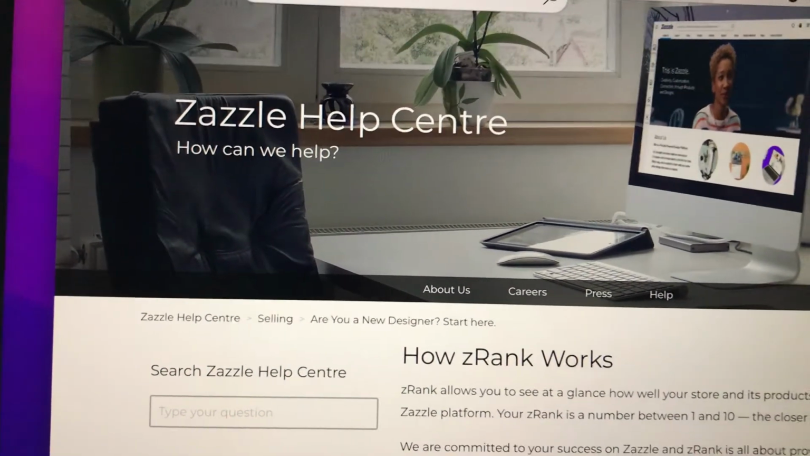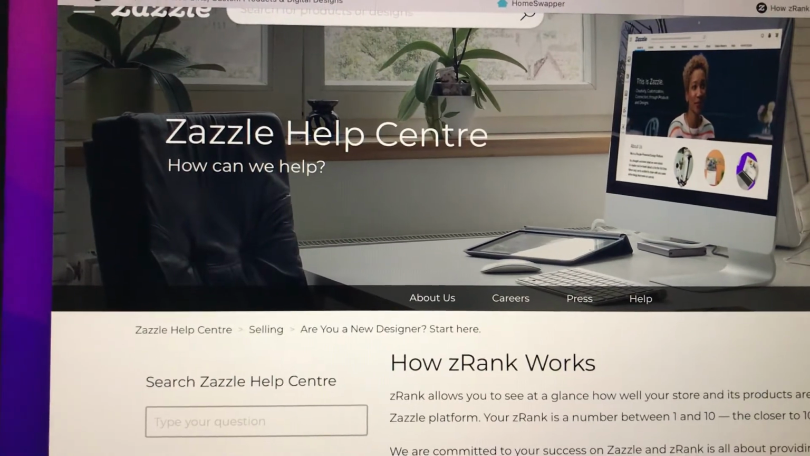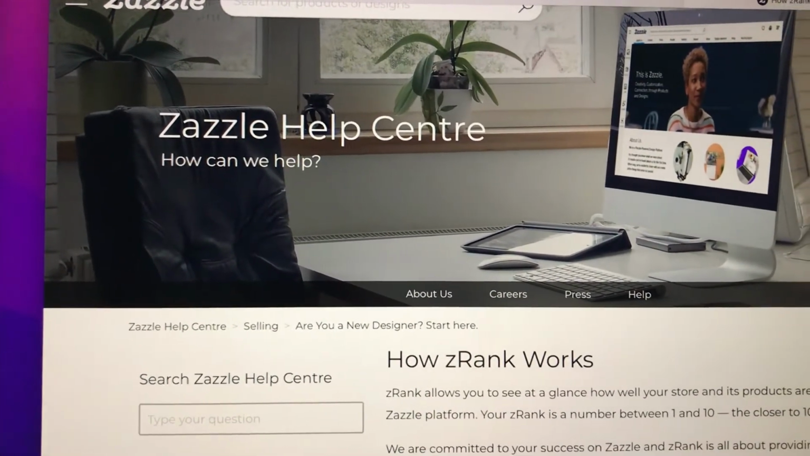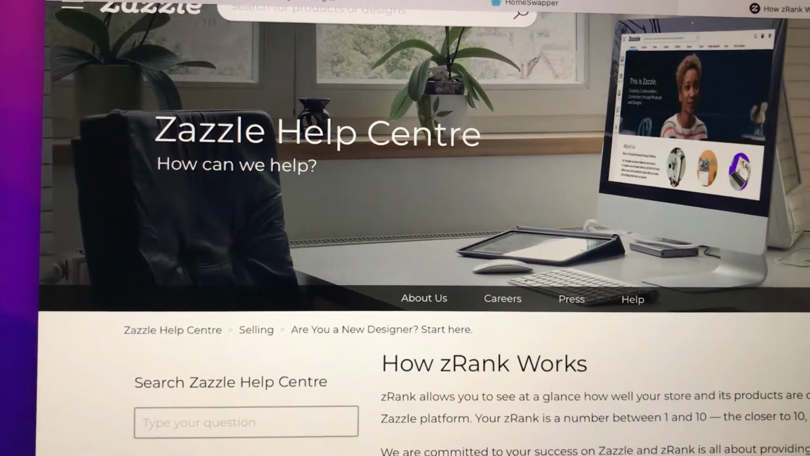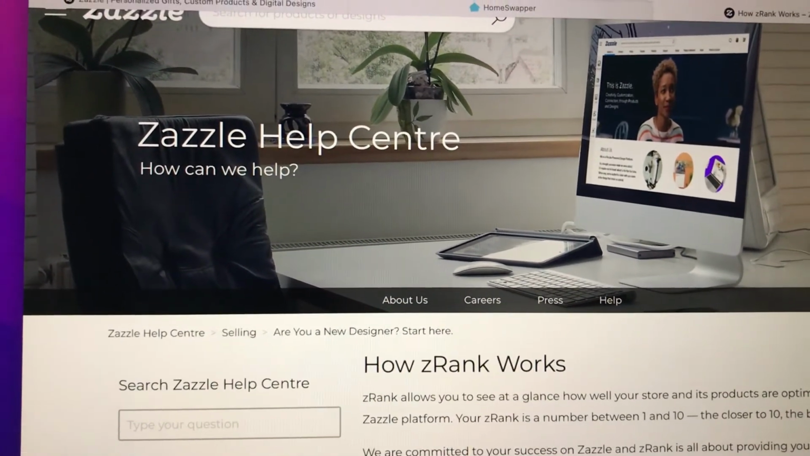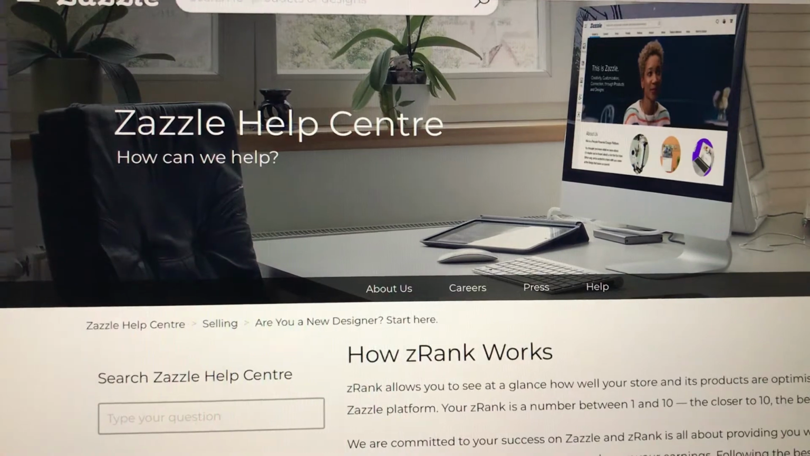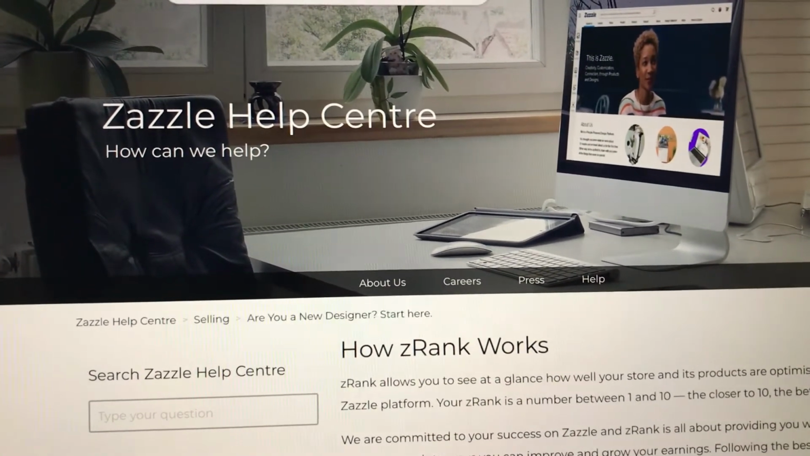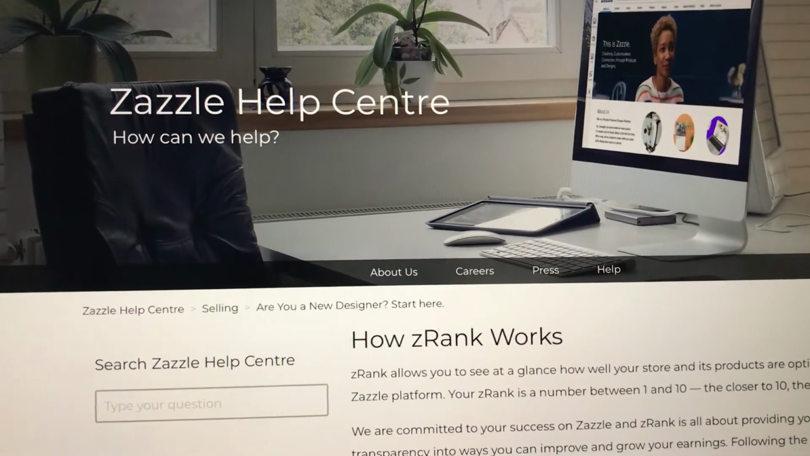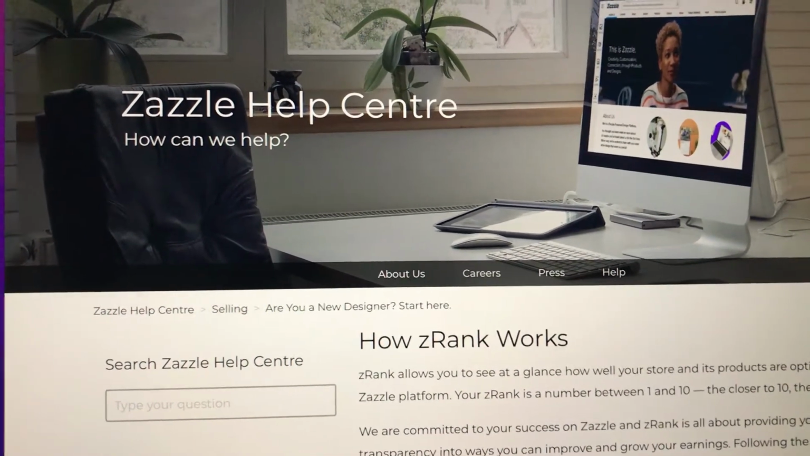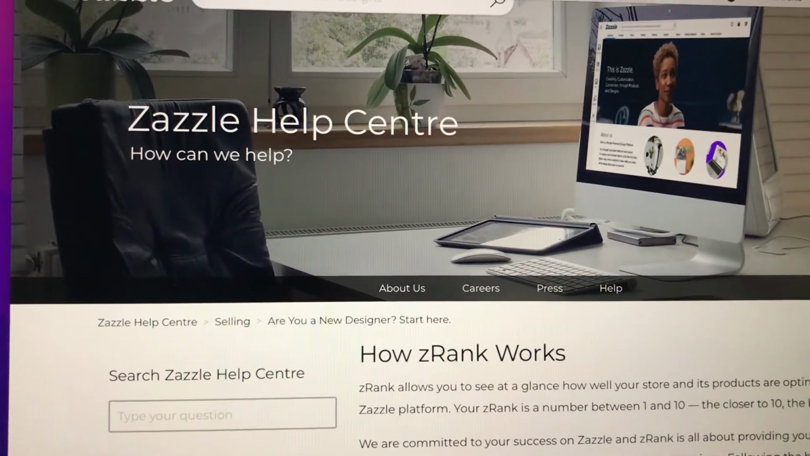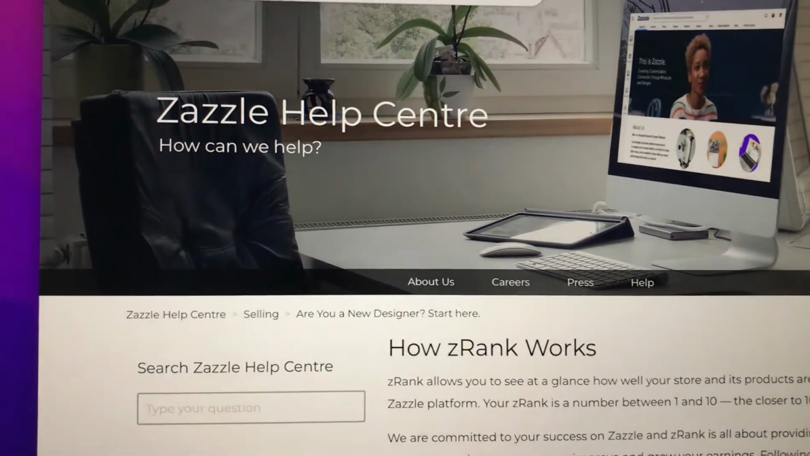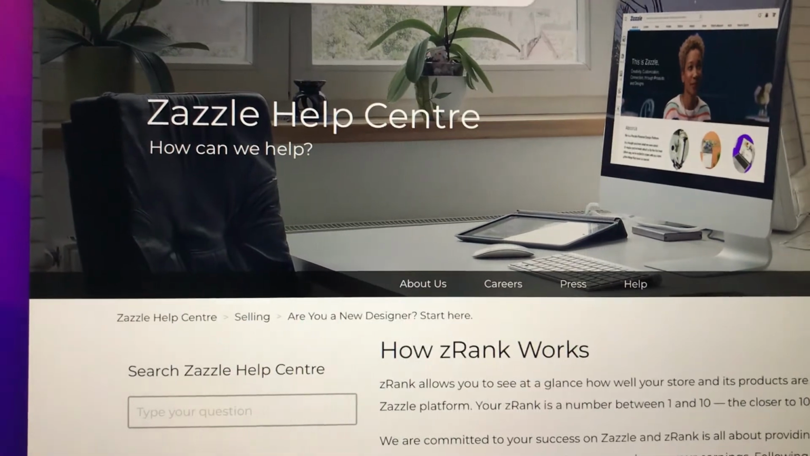However, my main store, the one I mainly focus on, it still was on zRank number 8, and that store was still performing well. The sales kept on coming consistently every day. There was no change. The sales were just flowing. So the zRank stayed, it did not go down. It stayed at number 8. But the other ones, because I noticed the sales weren't as much as they used to be, the zRank went